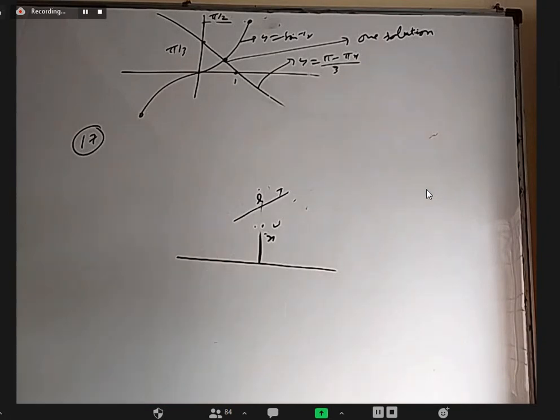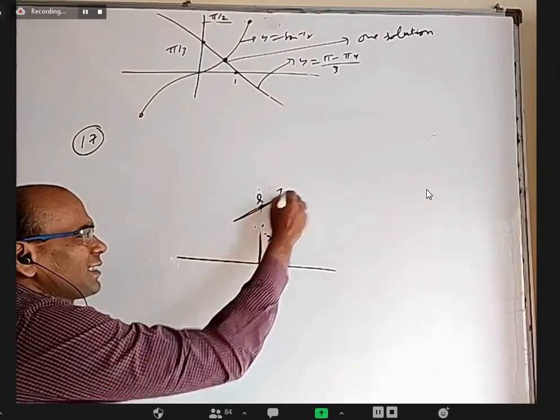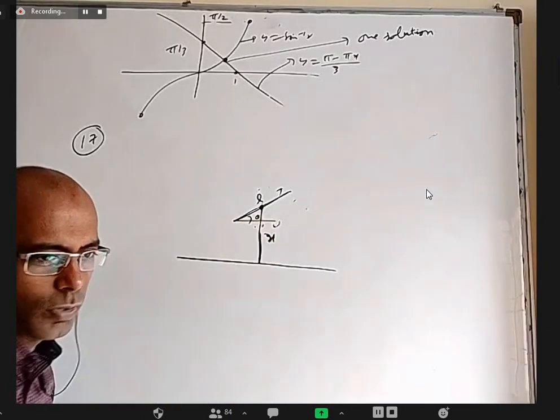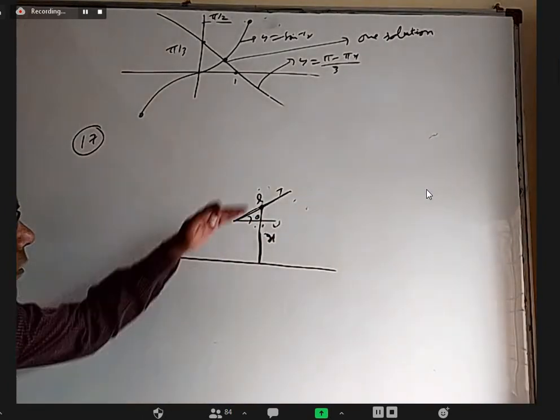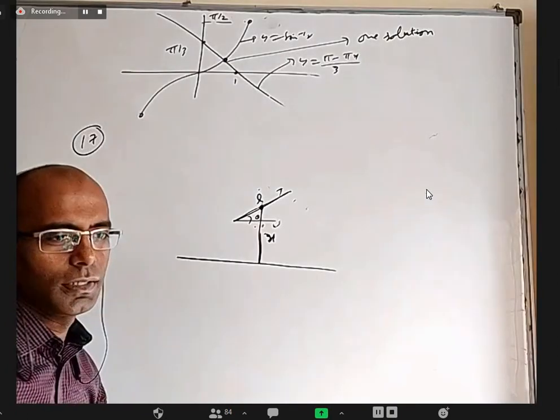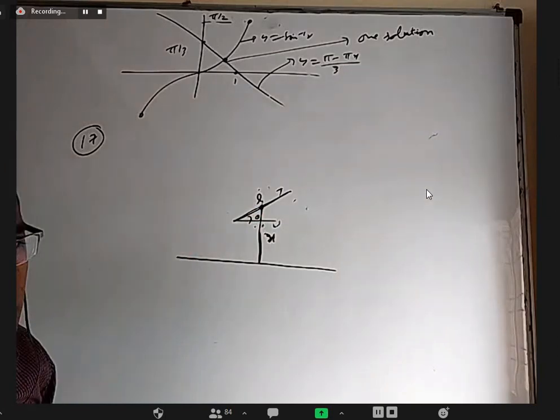But there is something more to it, which I'll explain. Somebody interested can prove it with some geometry. Basically, the question is very simple. Take this length L, with the midpoint at a distance x. The angle of inclination theta, you take whatever you want, 0 to 90, anything. When you revolve this and get a frustum, the surface area is always the same. It only depends on x and L, and doesn't depend on theta.